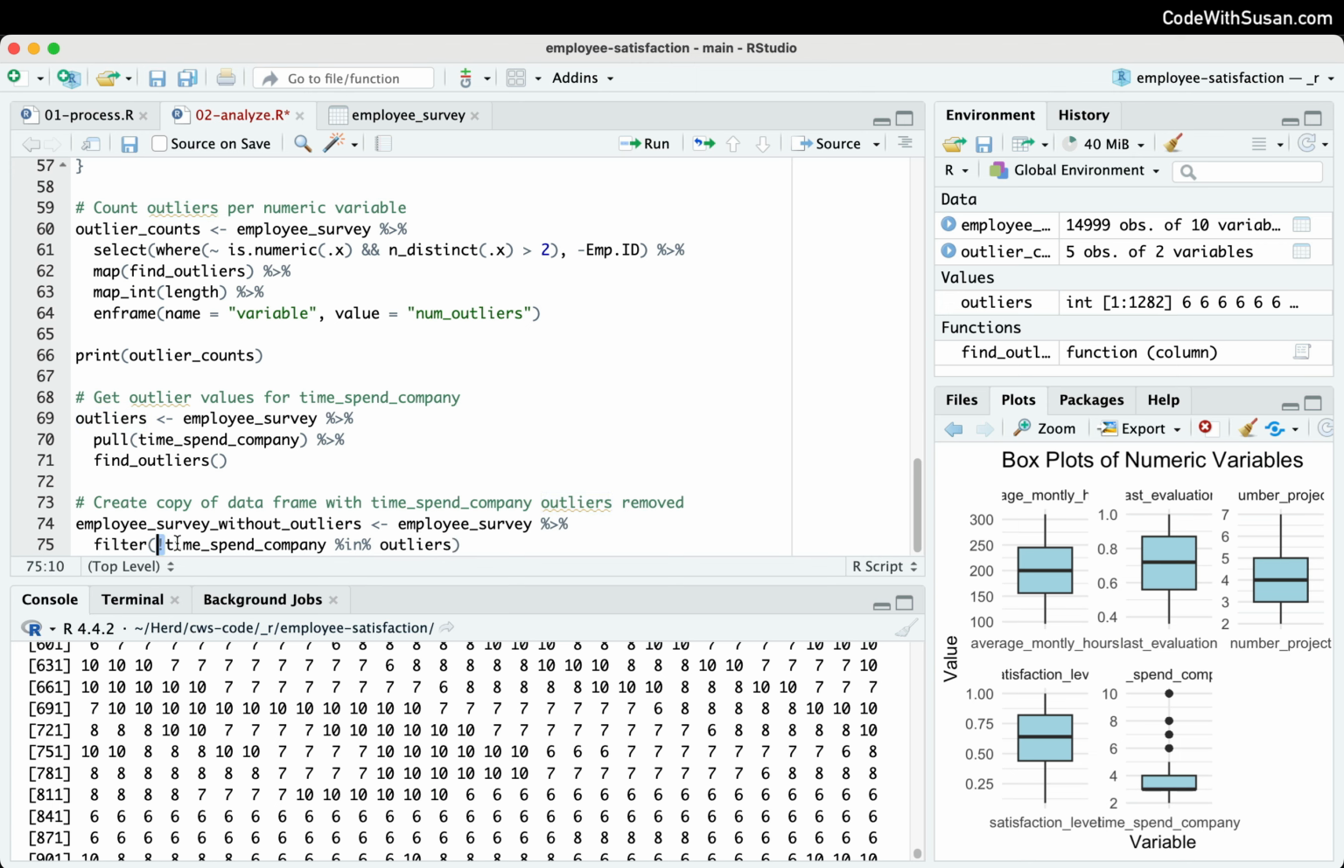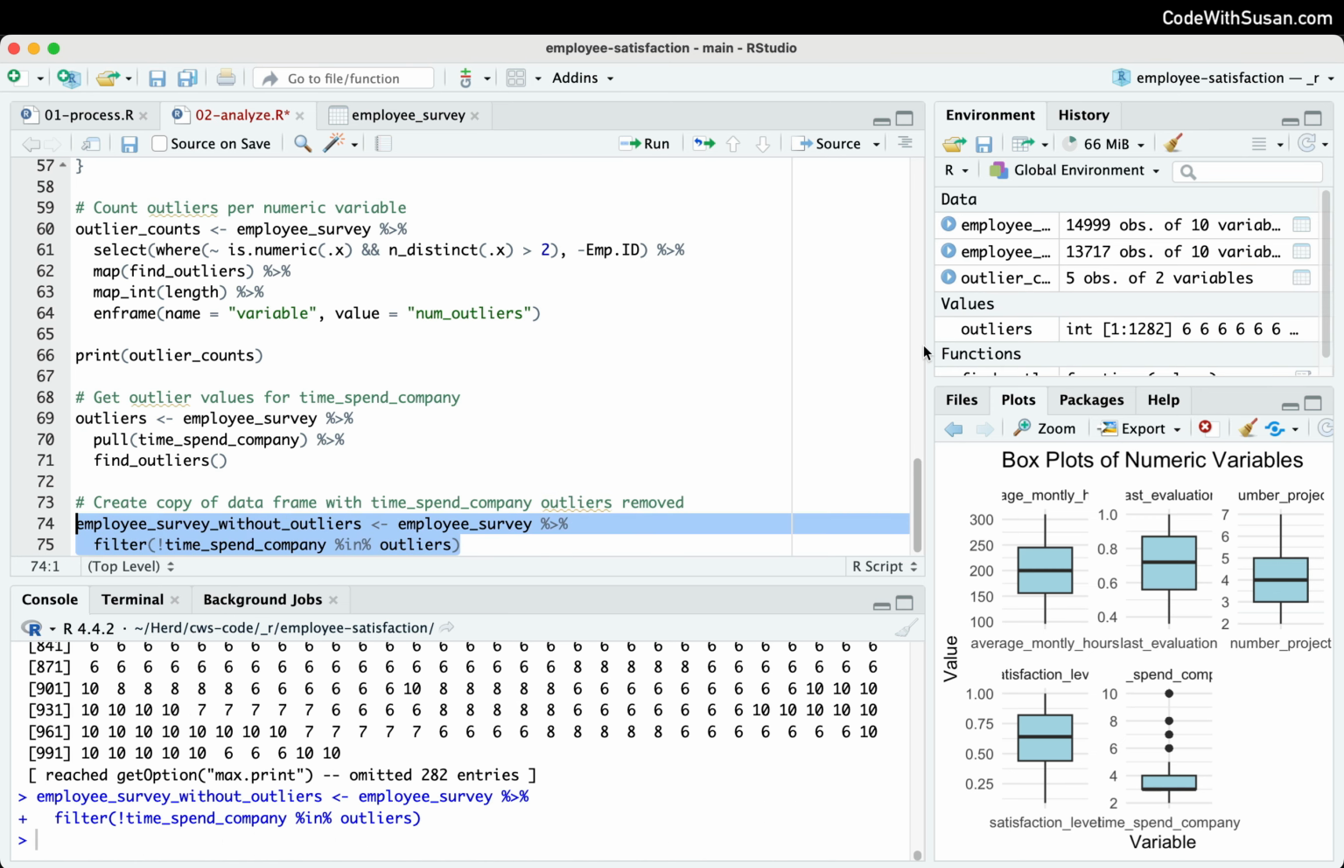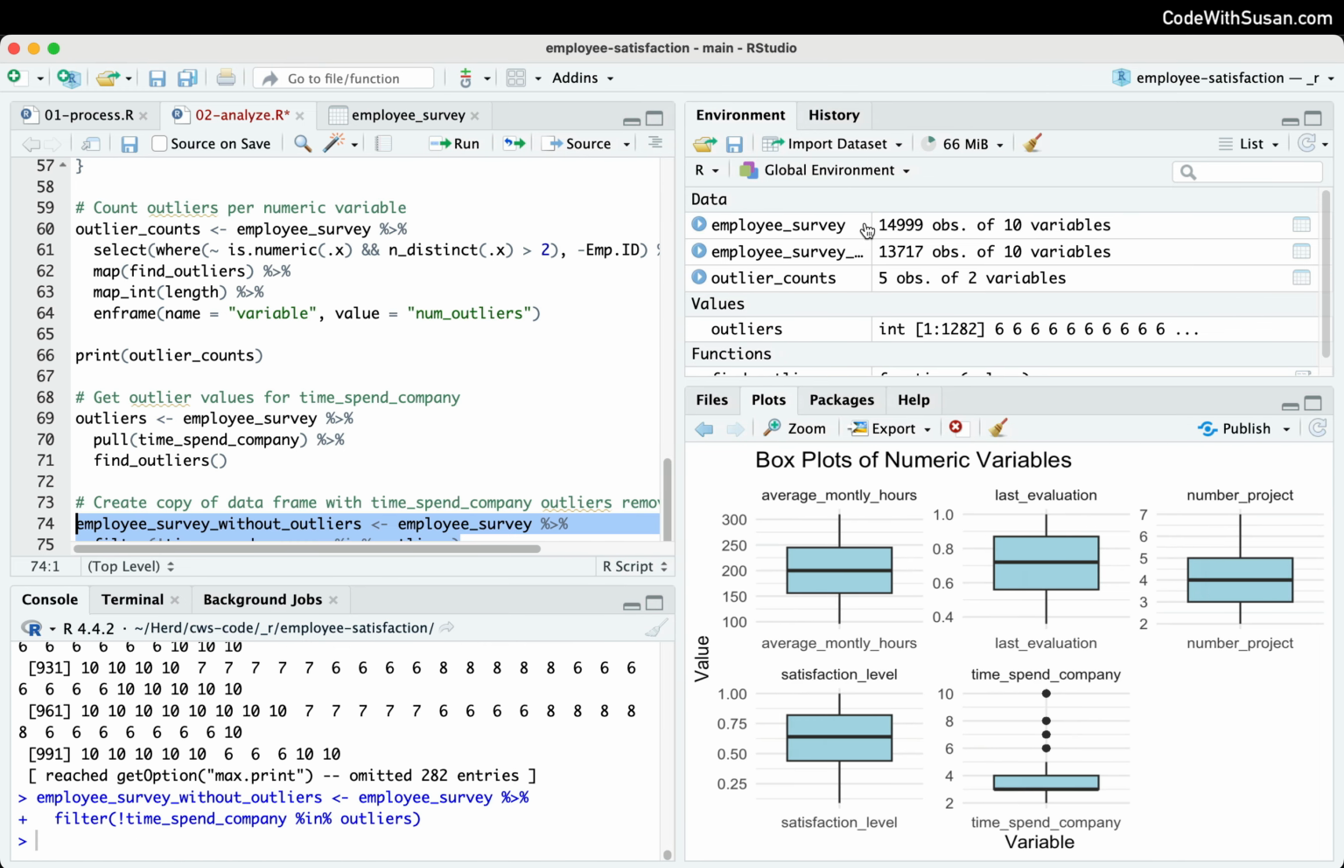And the not is coming from this exclamation point here. All right, so grab all the data for rows where time spent company, its value is not in the outliers that we identified. Let's go ahead and run this, and then let's expand our environment panel so we can just